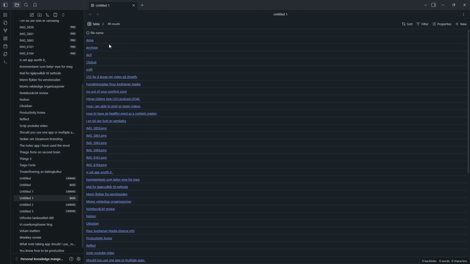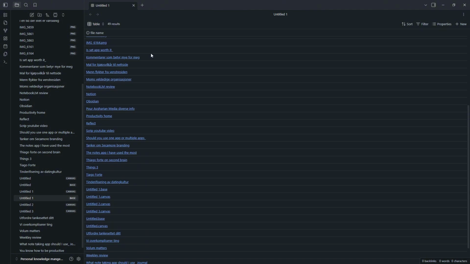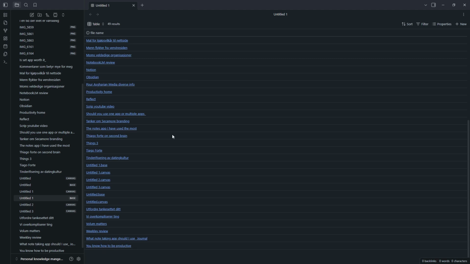So I think this is a super, super interesting update. This will probably continue, or they will probably continue to work on this, and it will become better and better and better. But I like it initially. I think it is a really good update, and I think this pushes Obsidian, or it makes Obsidian more of